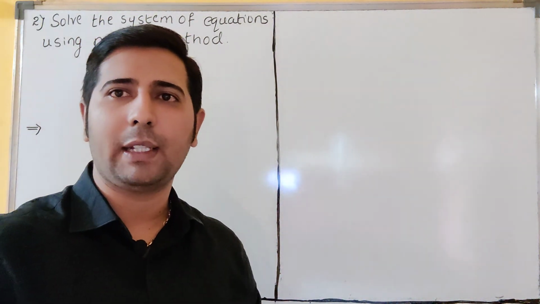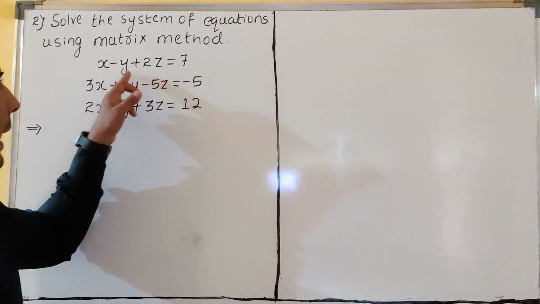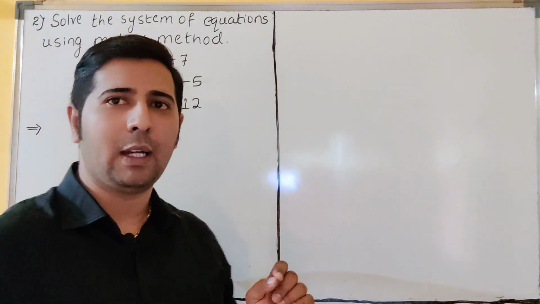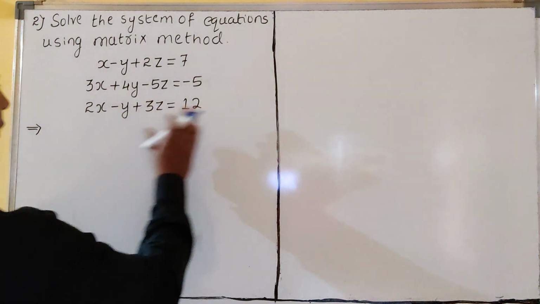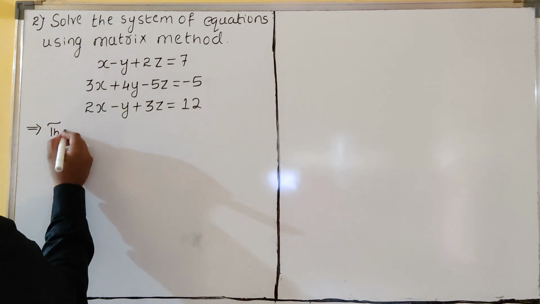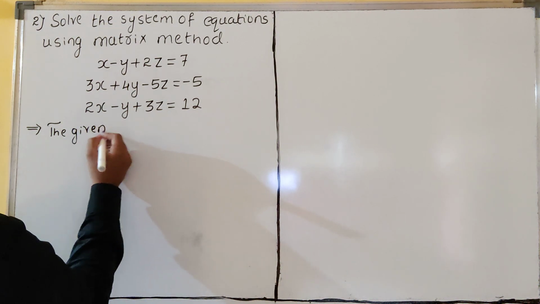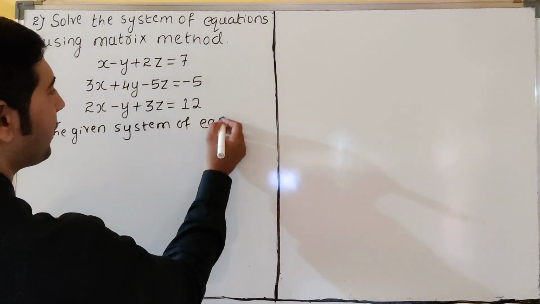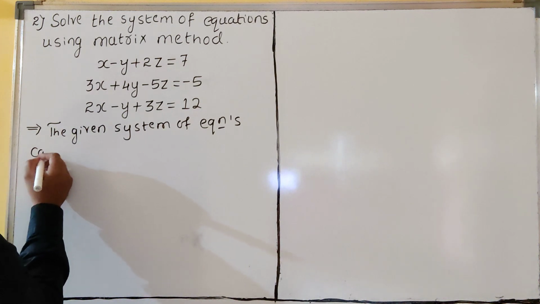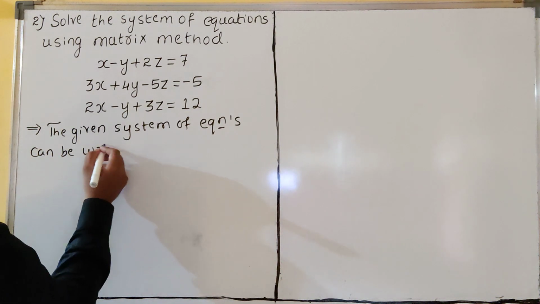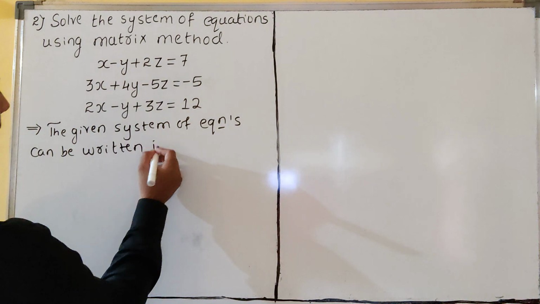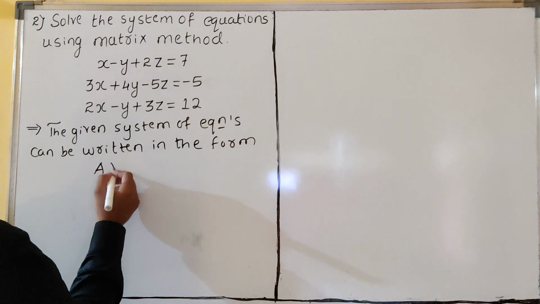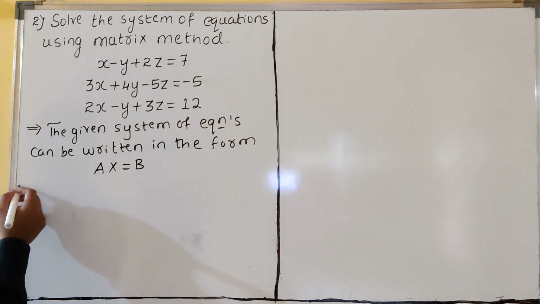In this question, main important is to what? We have to find this unknown x, y, z. So that is the main theme of the question, dear students. We have to find what? X, y, z here. So first you write the given system of equations. The given system of equations can be written in the form ax is equal to b, where